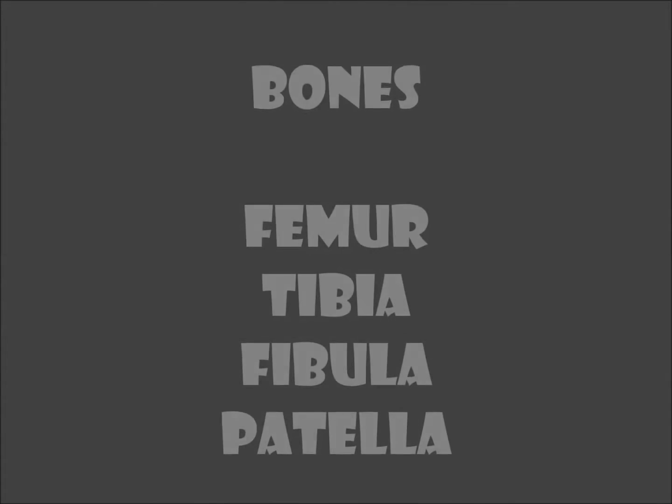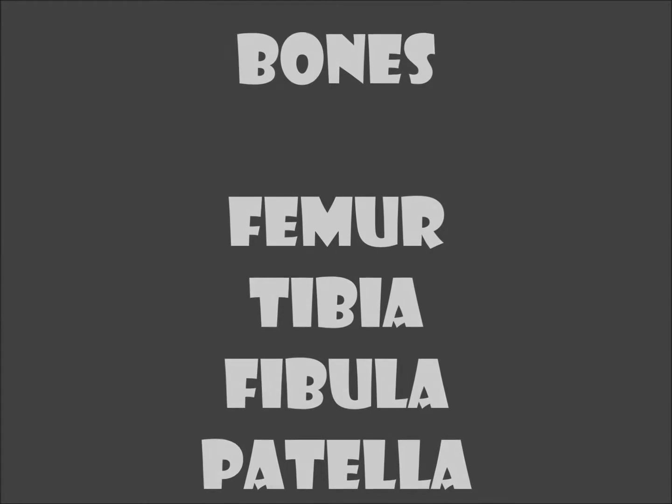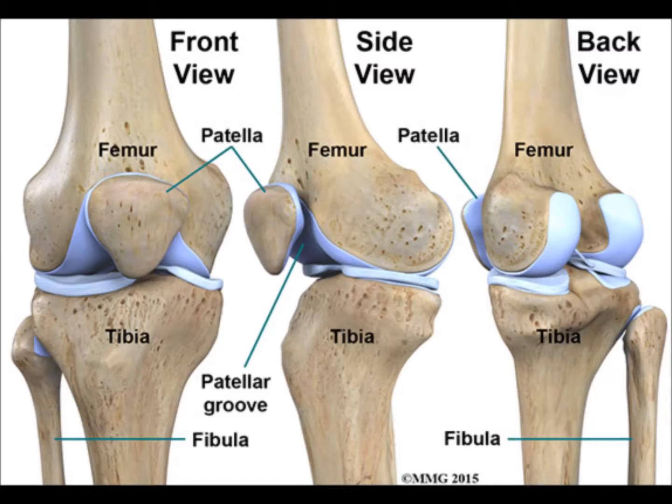The knee joint is comprised of 4 bones: the femur, the tibia, the fibula, and the patella. As you can see through the image shown, there's a front view, side view, and a back view. The femur is the longest bone in the body. It is also one of the strongest bones. It's the bone that sits on